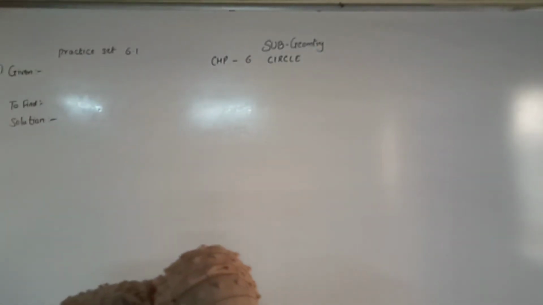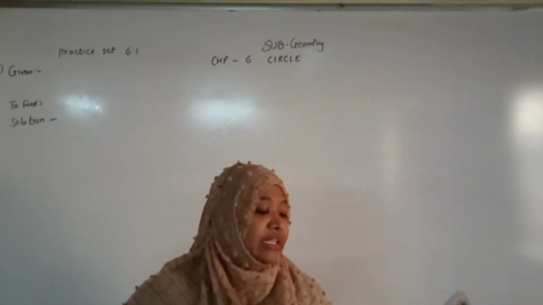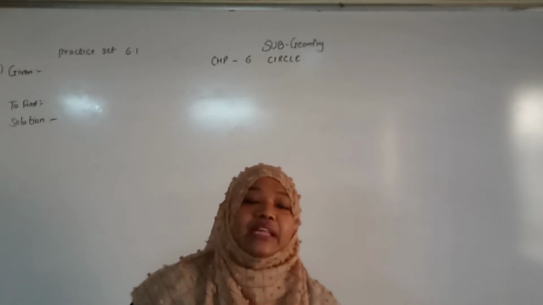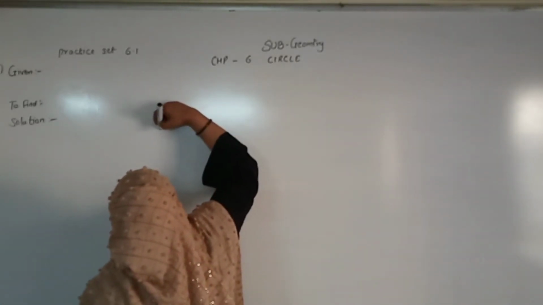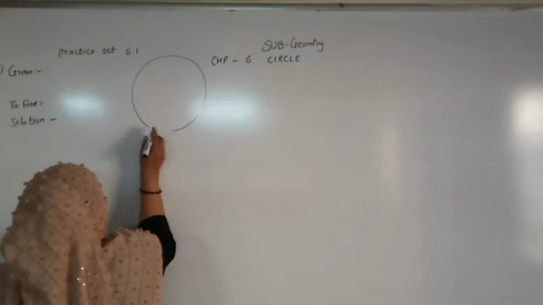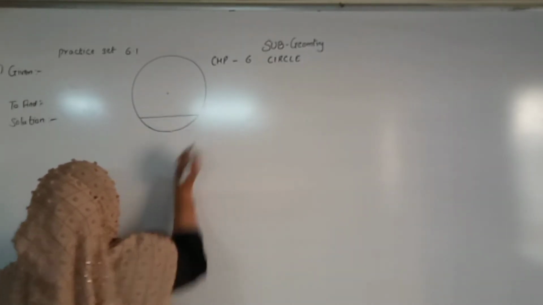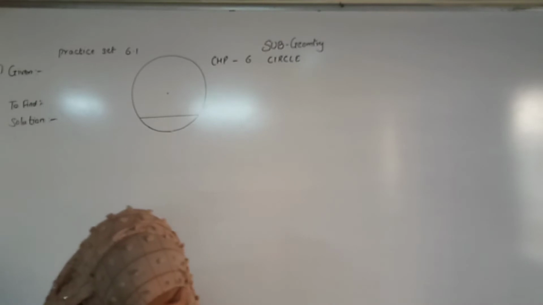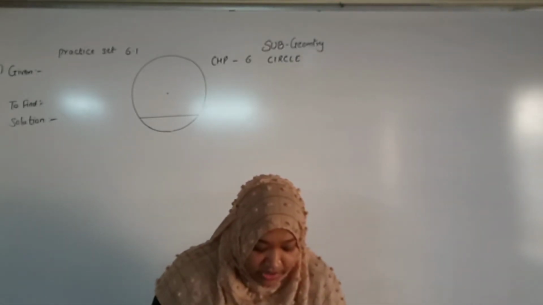What is given? The diameter is given 26 centimeter. Length of chord is given 24 centimeter. Find the length of the chord. हमें क्या find करना है? Length of the chord. See. First draw the diagram. One circle you should draw with a rounder and pencil. Center of a circle, that is chord. Any name is not given. Diameter name is not given, chord name is not given.